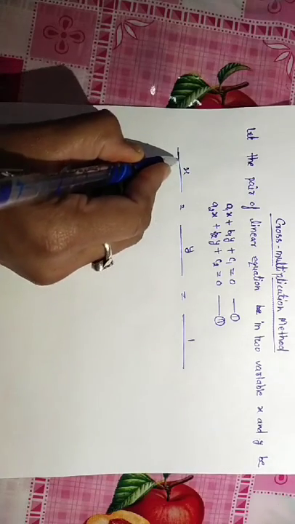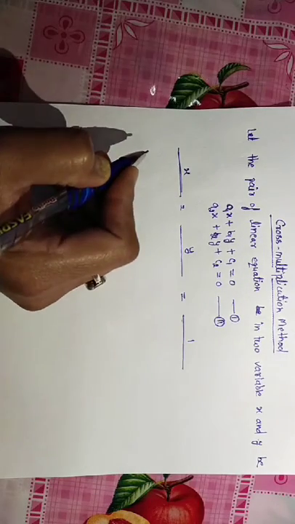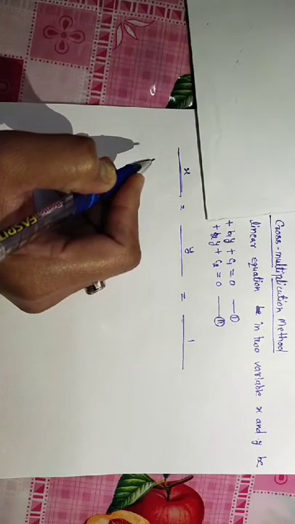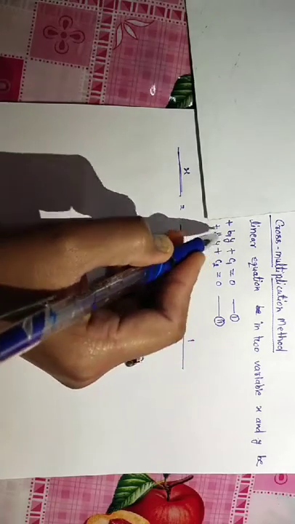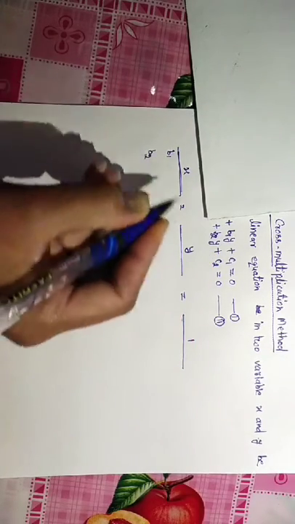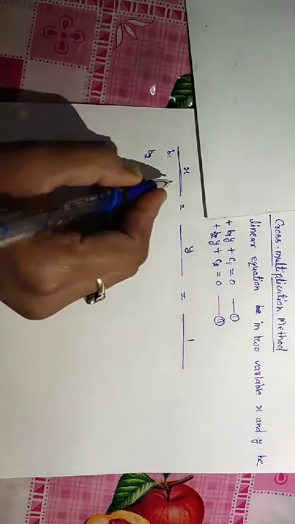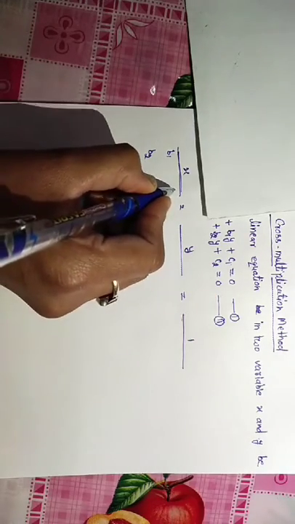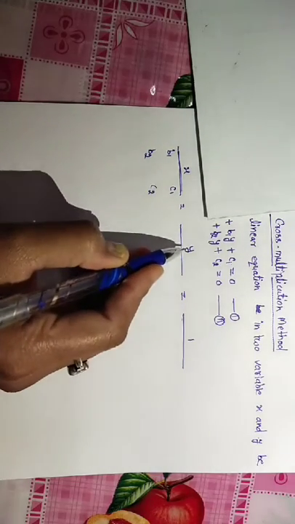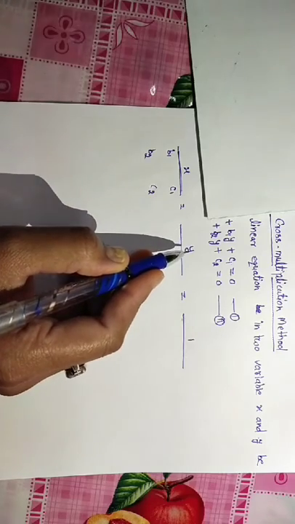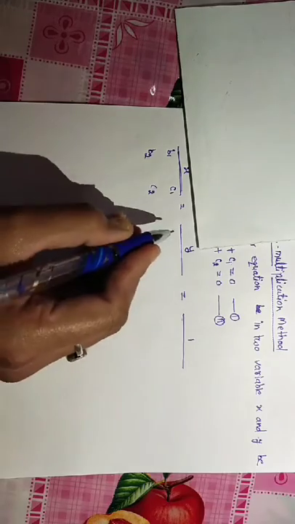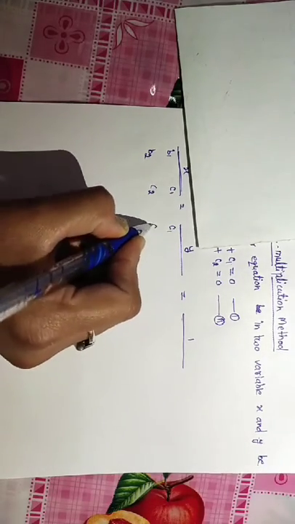In the denominator of x, we cover the x term and we write b1 b2, and also we write c1 c2. In the denominator of y, we cover the y term and we write c1 c2